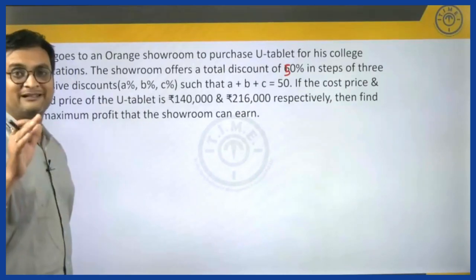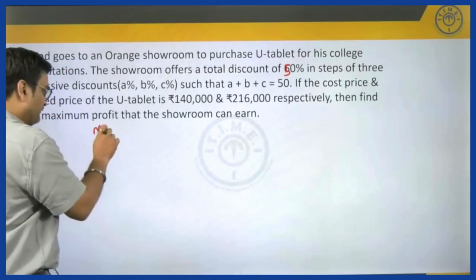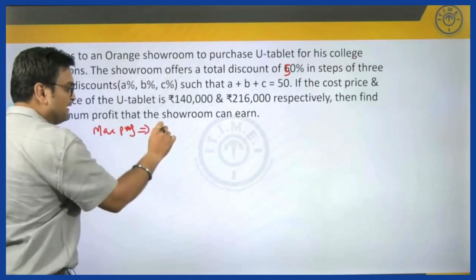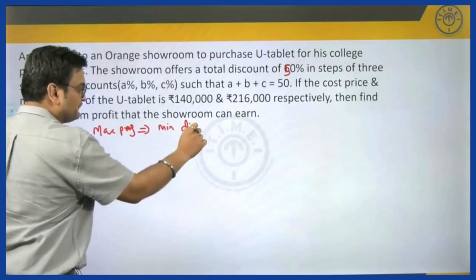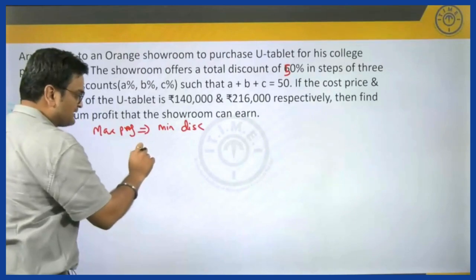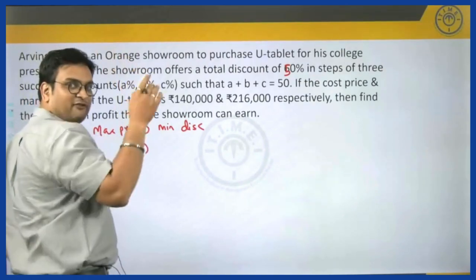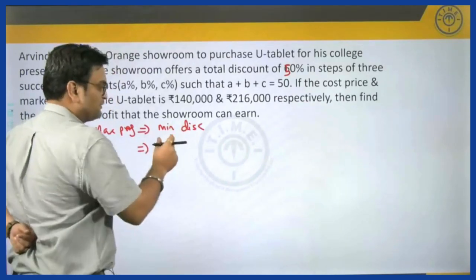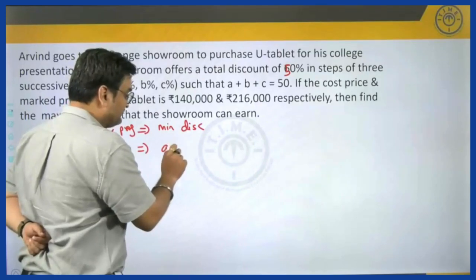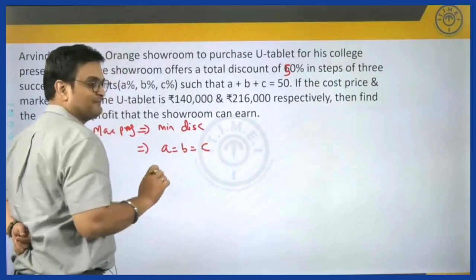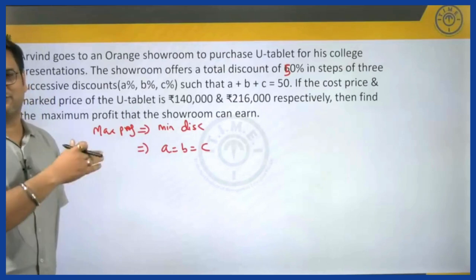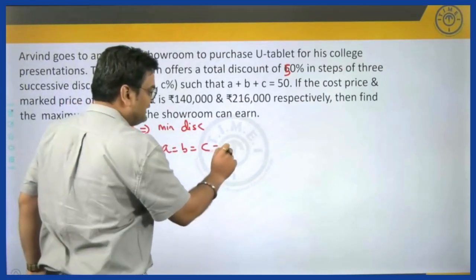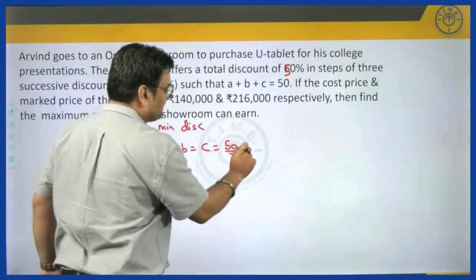maximum profit that the showroom can earn. So, if you want maximum profit, this directly implies you should give minimum discount. And if you want to give minimum discount, what was the condition? If you remember from the previous discussion, in case of successive discount, if you want to give minimum discount, then you should put the variables as equal, because you want to maximize the product. So, if you put A equal to B equal to C here, each of them will end up being 50 by 3 percentage,